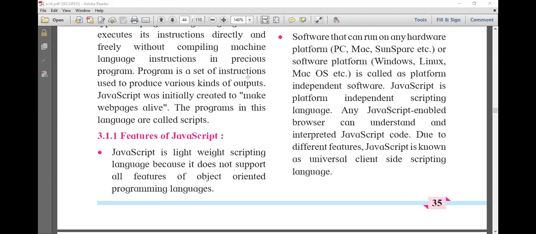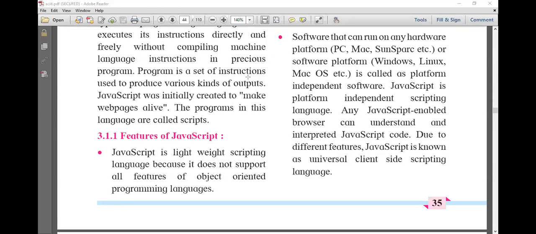Amol is saying object oriented programming. Anyone else? Chaitra is saying lightweight programming language.